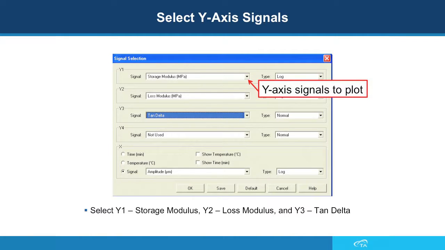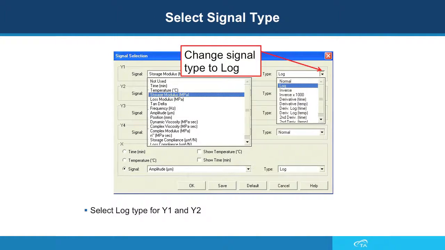First off, we're going to select the y-axis signals, and you're given the option to select up to 4 y-axis signals. For a typical DMA experiment, we are going to select storage modulus, loss modulus, and tan delta for our y-axis signals. Most often,